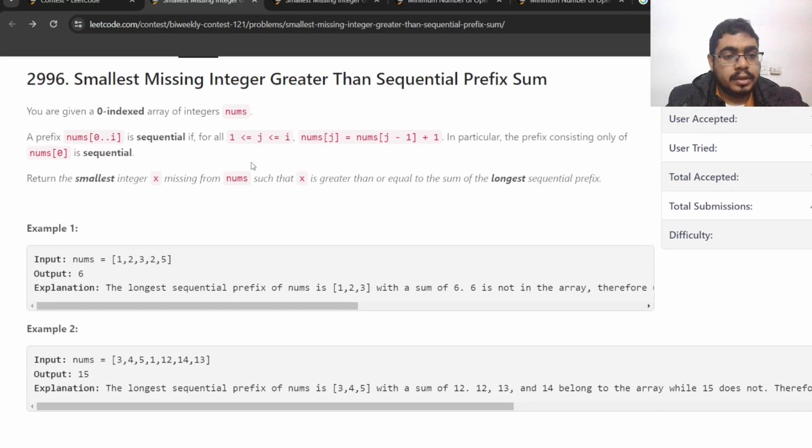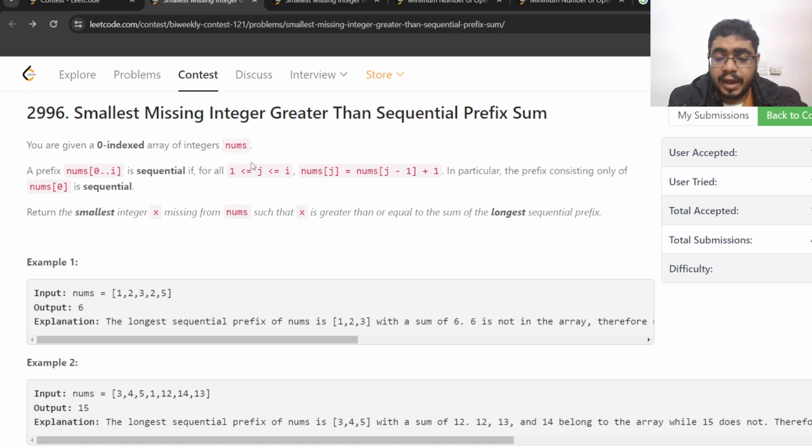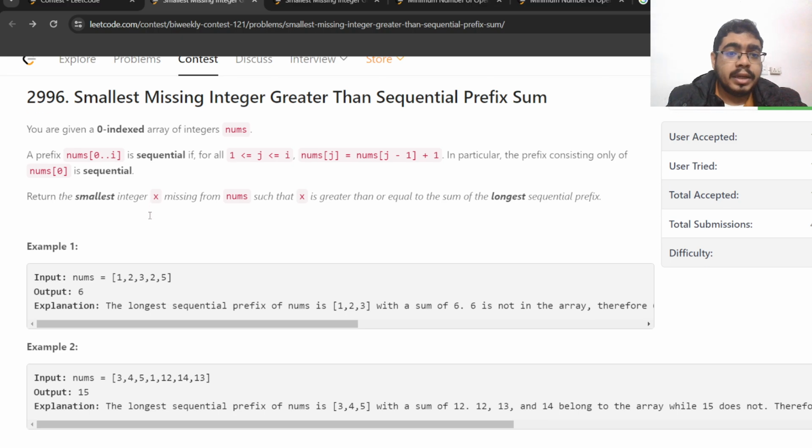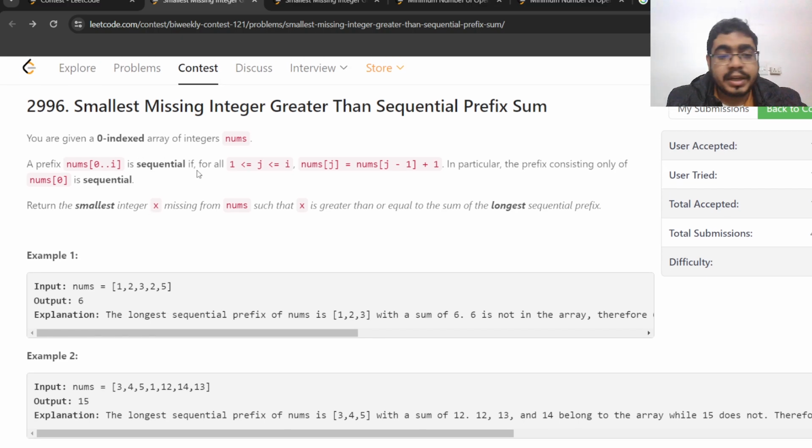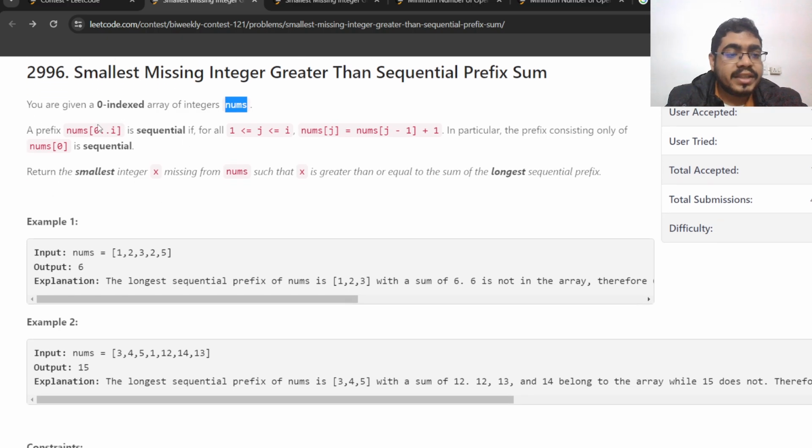Okay. So this one was fairly simple. It was simply an implementation problem. It said that let's say we are given an array of some numbers. Now it says a prefix of this array is called sequential if every number in the array is one more than the previous. So for example, if I go back here,